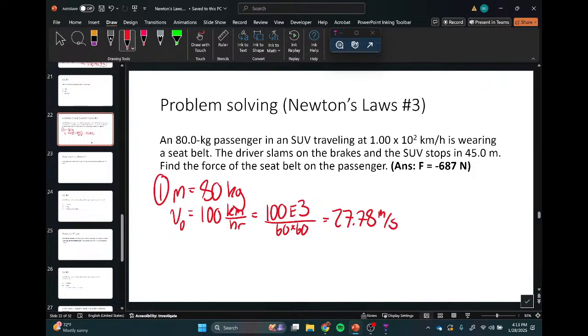27.78 meters per second. And the last thing we know is delta x. It's 45 meters. My change in location, my displacement. You could have called the initial position 0 and the final position 45. Same thing. All right, we're solving for force. There is literally only a single equation I've given you with force in it. There is only one option, so it's the thing you're going to use. F equals ma.